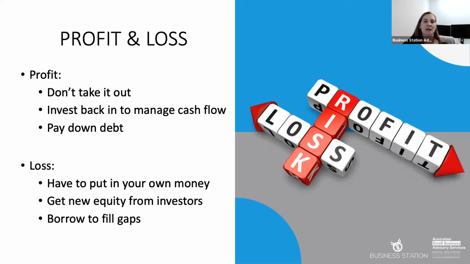If, let's say, something unexpected did crop up in the month of, where are we now, September, then in October, you might have to review the whole cash flow and go, all right, do I need to input my own money, get equity from investors, or borrow to fill gaps? Is there something there that I need to consider? Or will it balance out because maybe an expense has just come forward. It's something you normally incur in December, but it's come through in September for whatever reason.